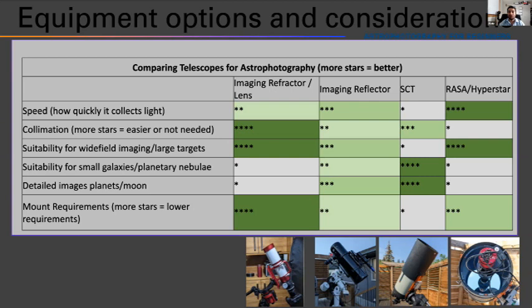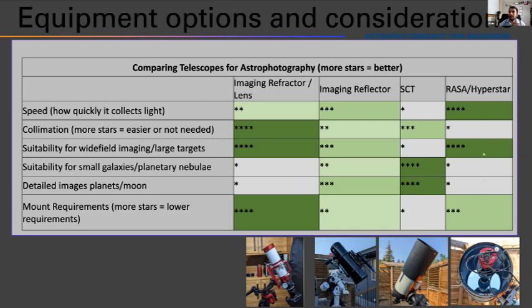If you've seen any images from Damian Peach of details on Jupiter's moon Ganymede, he uses a Celestron C14 Edge HD most of the time. Or he also has a giant, I believe, an RC in Barbados, but most of the time from home, he uses the Celestron C14.